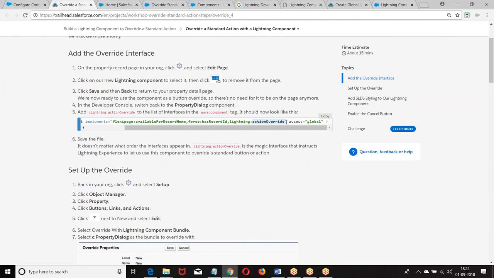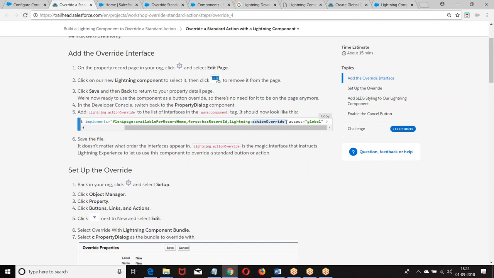Are you getting my point? Clear? If you implement this interface, we can use that component to override any one of the standard functionality or to create custom functionality on the standard pages. Again, I repeat.